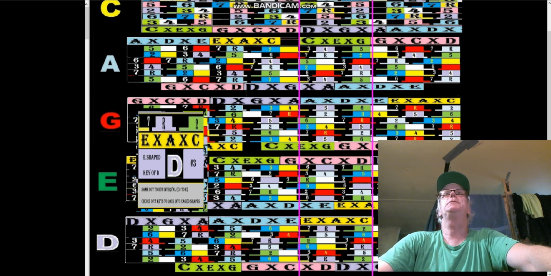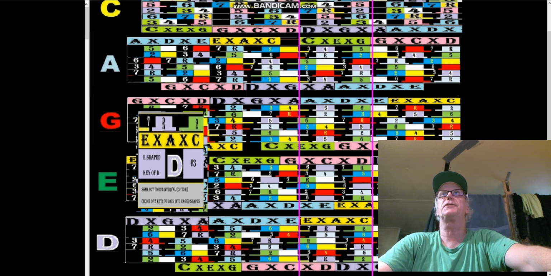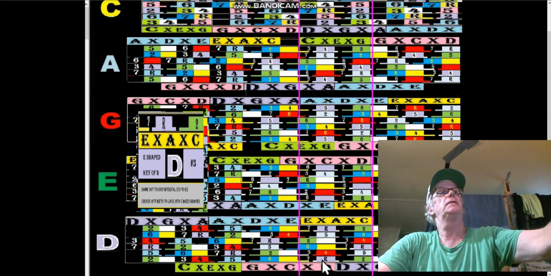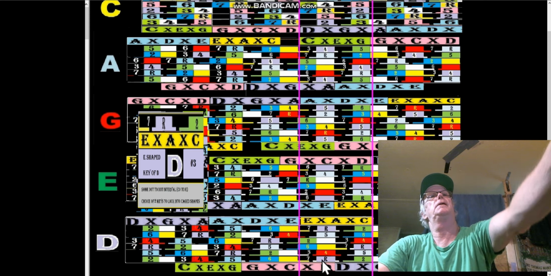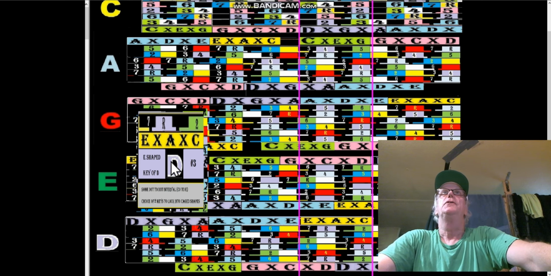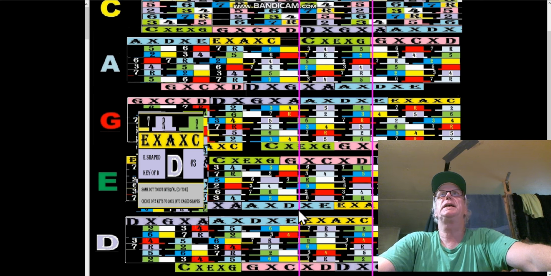So the D is going to be 7 root 2 right here in our slice where the dots are. This is the E dot and the C sharp dot. C sharp is the 7th of D, right? Okay, so we have 7 root 2, top and bottom, defining string shape there. We're going to be playing in the key of D from there. Again, from the